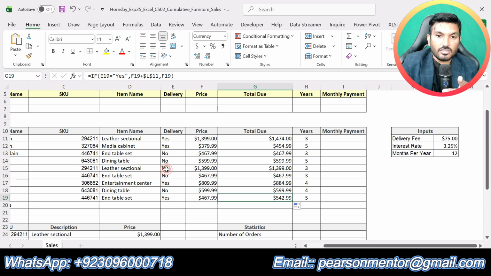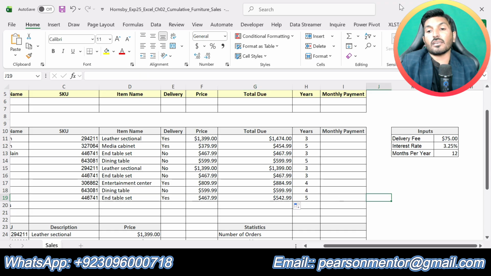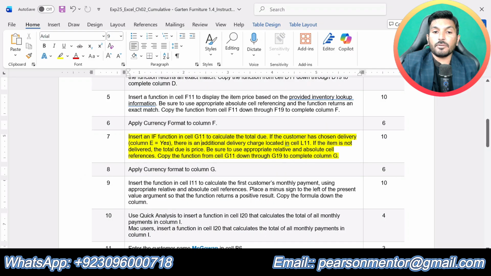Now for this you can see that column E is no, so the total price will be equal to this price, 1399. But for the last one the delivery is yes, so the total price will be this price plus this 75, that will be 542.99. So that is all about step number 7.